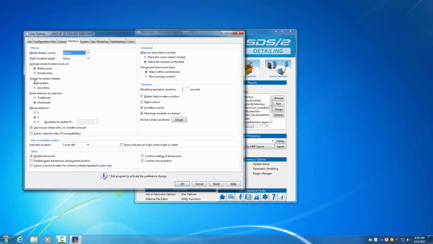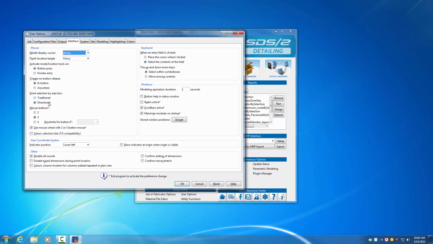And then trigger on button release, if you need to trigger it anywhere on the screen or in the button. And as you're selecting the area,